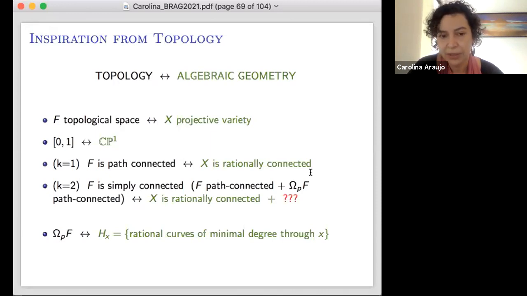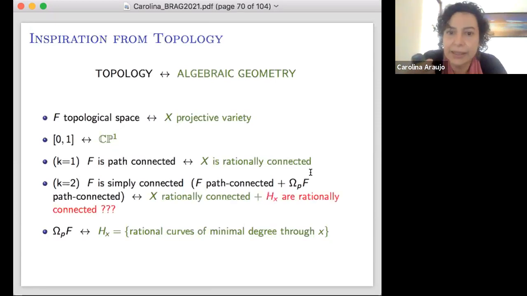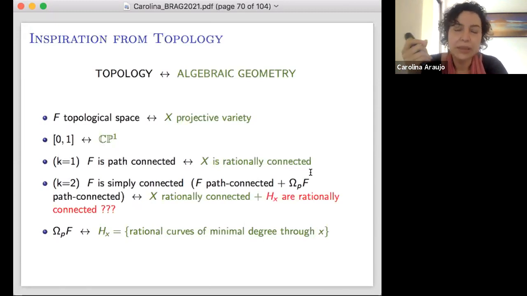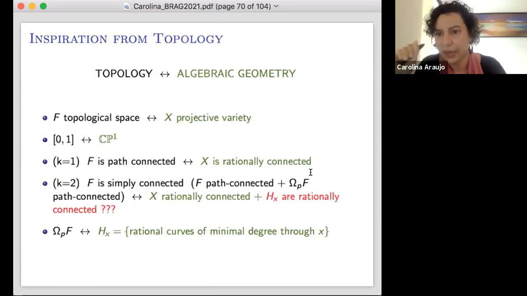So now we get something that is proper. It's sort of bounded, and then one can hope that maybe we can ask that this space of rational curves of minimal degrees is itself rationally connected, and these conditions have been used and investigated. But here maybe I want to point out that this analogy with topology has limitations, and I